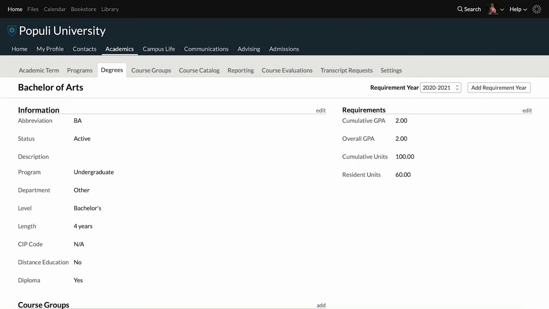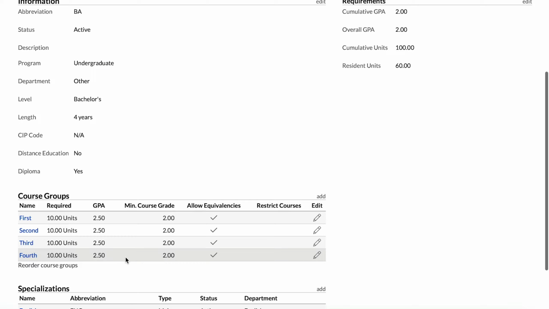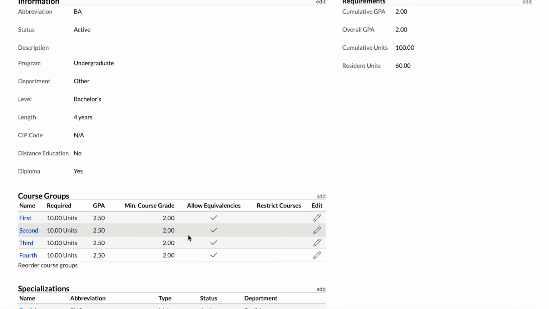But let's look at what makes it up. The degree audit basically has two parts that are defined on the degree. The broader requirements, like the GPA that a student needs to have for the degree to be granted, the total number of credits necessary, and then the specific courses that they must complete. So you easily set up the first over here, but then to define the course requirements, you'll need to create